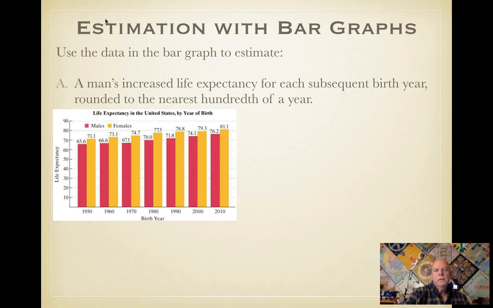The chart is titled Life Expectancy in the United States by Year of Birth. So in other words, the later you were born, from 1950 on, the higher your life expectancy age is. Okay? So if you were born in 1950 and you were a female, say, your life expectancy was 71.1 years. Whereas a female in 2010,